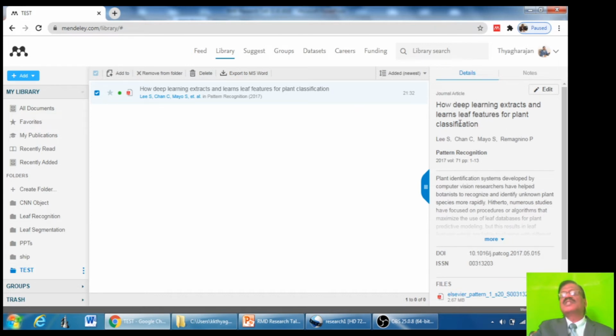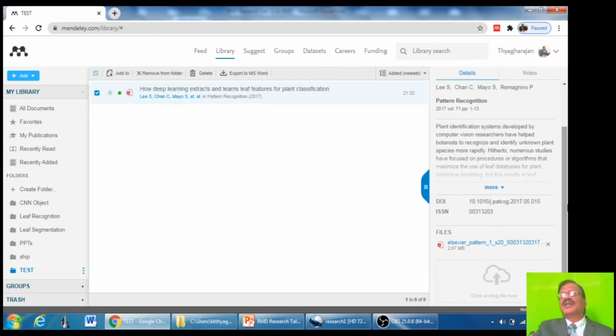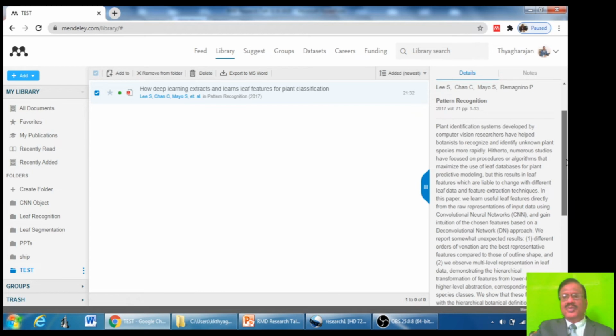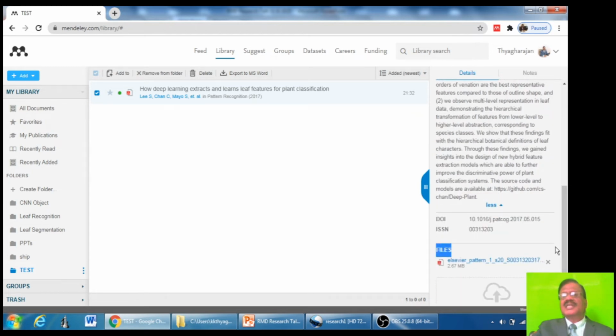The first one is title, and it is also mentioned as journal article, and here you are seeing the author's name, and you are seeing the volume number, pages, etc. here. Then you are seeing the abstract. If you want to see the abstract completely, you click this more button.